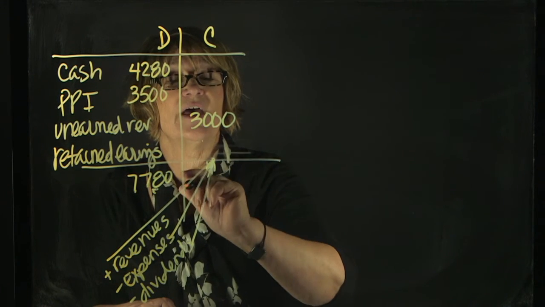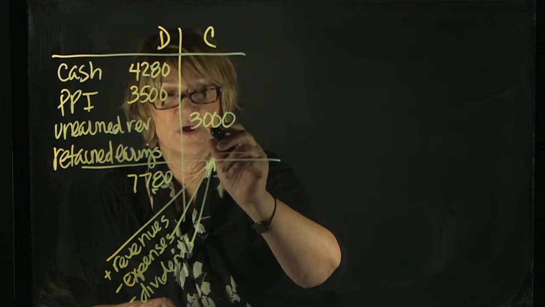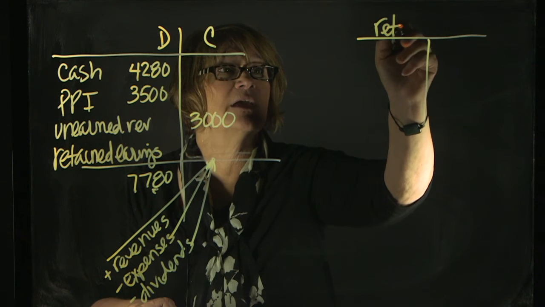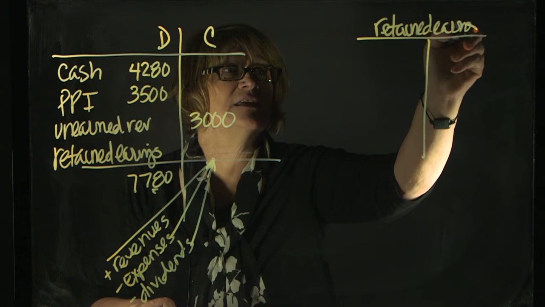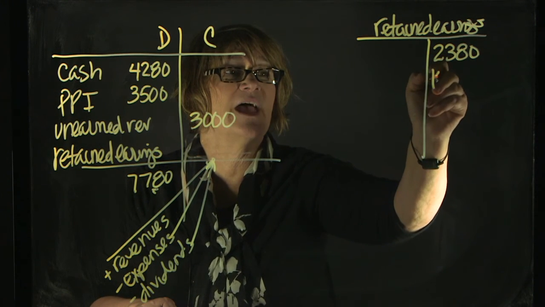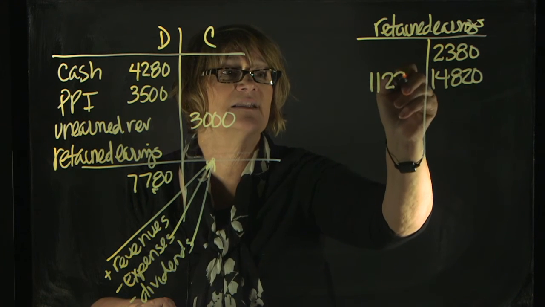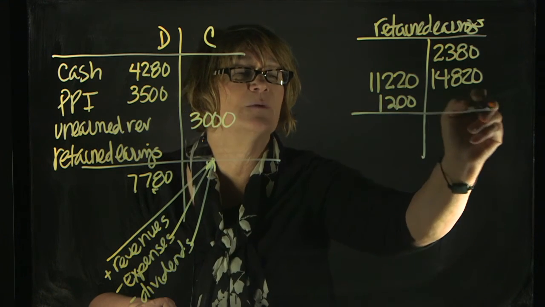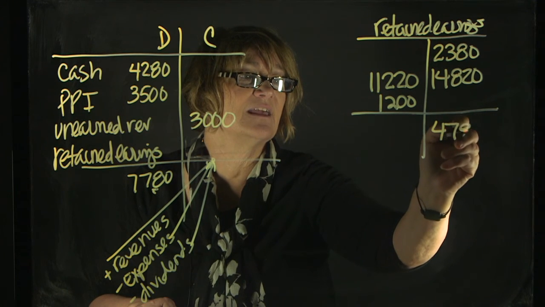And so if I go ahead and I do that here, let's go back and recreate that retained earnings T account. We started with 2380. We added 14,820. We subtracted 11,220 and 1,200. When we do the math on that, we come up with 4780 as the